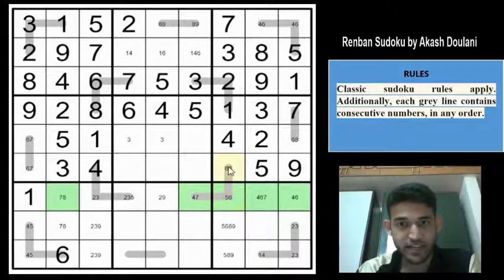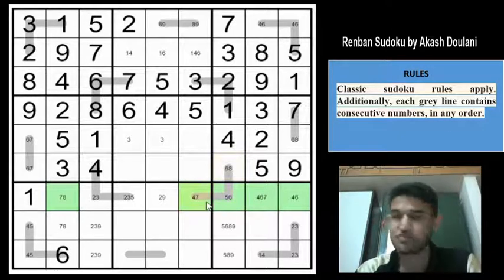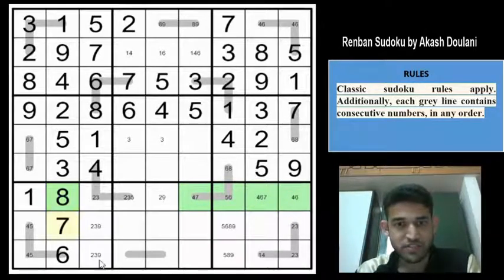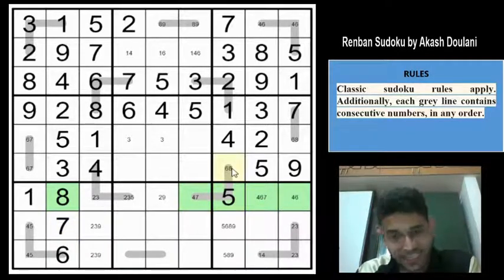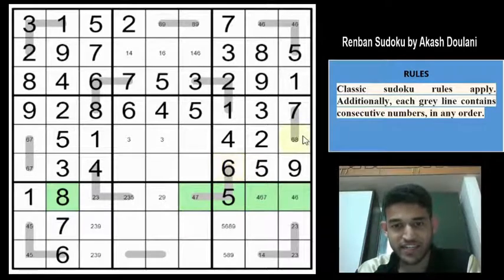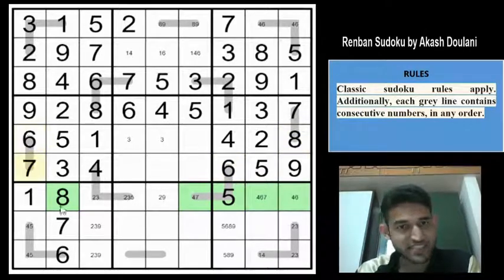And if you have a 6 here, this must be an 8 and this must be a 7. Great. So now we get a 4, 6, 7 triplet. Superb. So we get an 8 here now. So this must be a 7. And we can eliminate the 6 because of this triplet. So this must be a 5 and this must be a 6 now because 8 can't be there. That gives an 8 here, which gives a 6 and a 7 here.